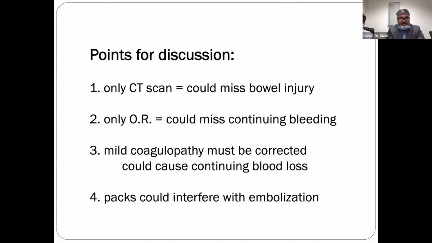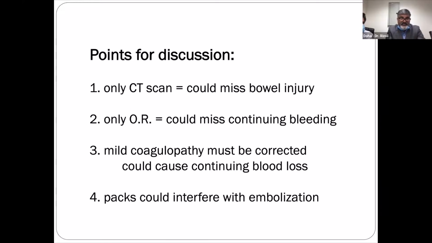The last thing which we want to say is that if we would have thought of packing the abdomen and then going for the CT scan and then picking up those injuries and the patient going to the IR, we have discussed this many times with the radiologists. The comments coming from that side is that the packs, though they don't per se cause any issues, the radio opaque markers on those packs do hamper their intervention because of creation of artifacts.